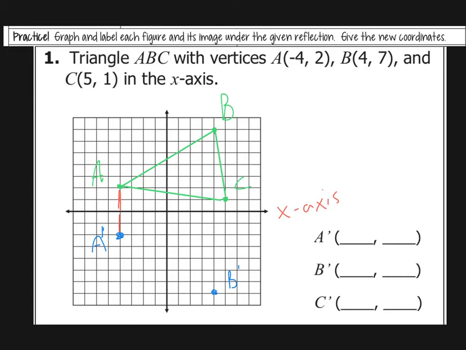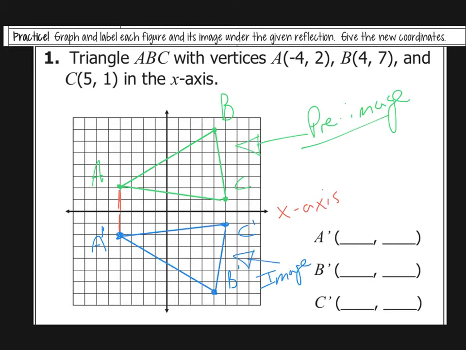My last one, C, is 1 unit away from the x-axis, so I'm going to go 1 unit away, and I'm going to label that C prime. Then I'm going to connect my points, and I have my new triangle. Now, aside from my really poor lines, I have my new triangle. Just want to draw some attention to the word pre-image. That refers to the original figure,